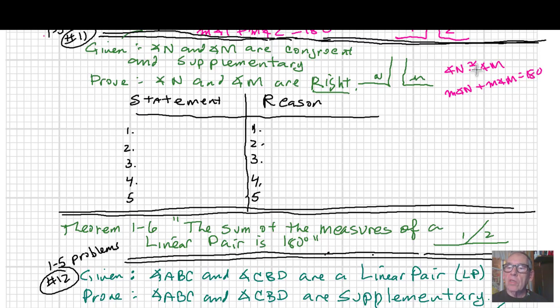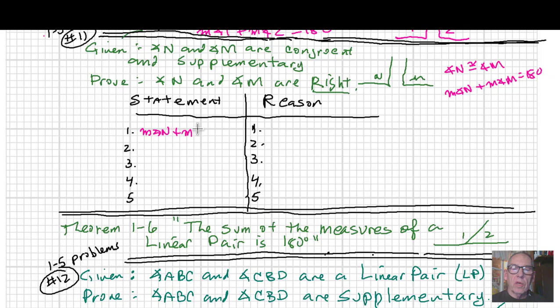And since N is congruent to M, then the measure of M is equal to the measure of angle N. So I can substitute one of those into this, like say the measure of angle M plus the measure of angle M is equal to 180, which gives me two measures of angle M is 180, which means the measure of angle M is 90, which means angle M is right. And since N and M are congruent, then angle N must be right. So something like that is what needs to be done in the proof, and we'll end up where we need to go. So let's start with the measure of angle N